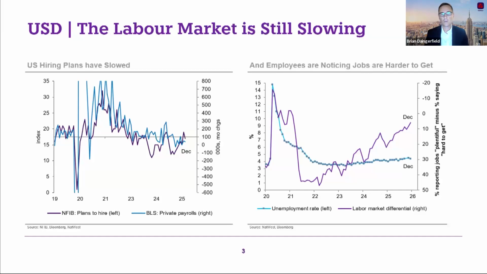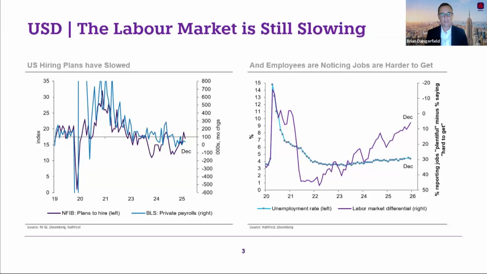So I want to start by talking about where the US economy is as we head into 2026, which, if I can just summarize, is an economy that has performed more resiliently once again than most expected, but maybe in a different way than most expected, because where you have seen strength is away from the labor market, and where you've seen more clear weakness is in the labor market. So the labor market has slowed pretty clearly during 2025, and we think it's going to continue to remain sluggish through much of 2026.